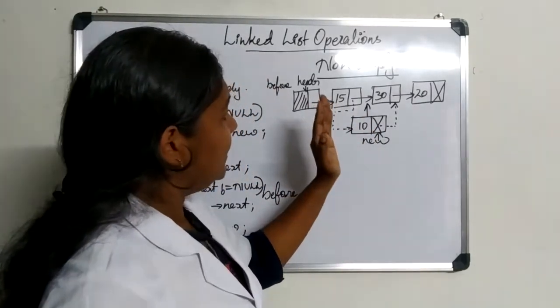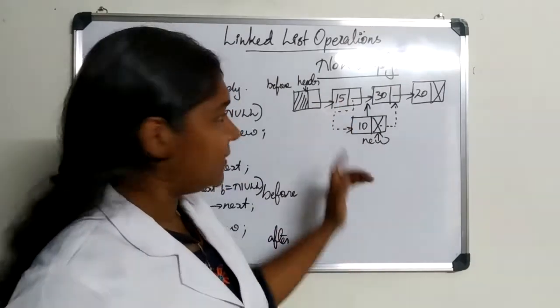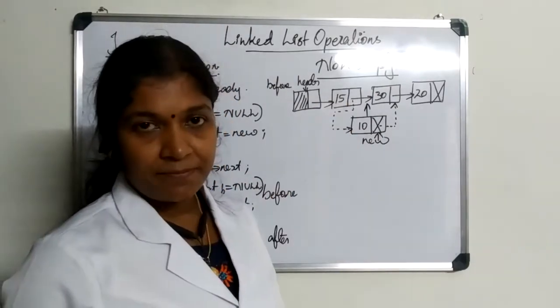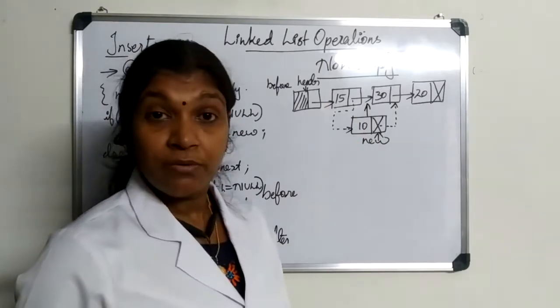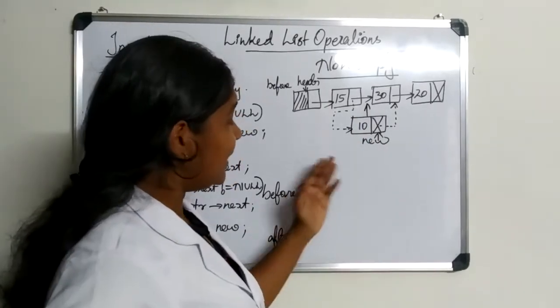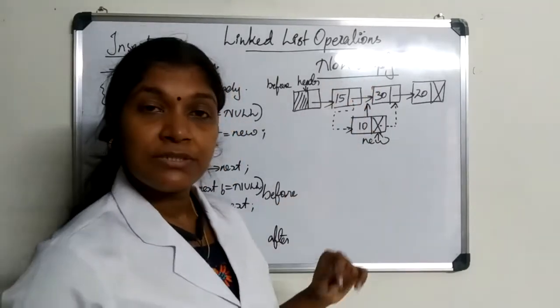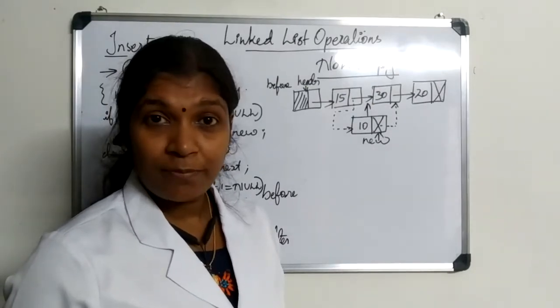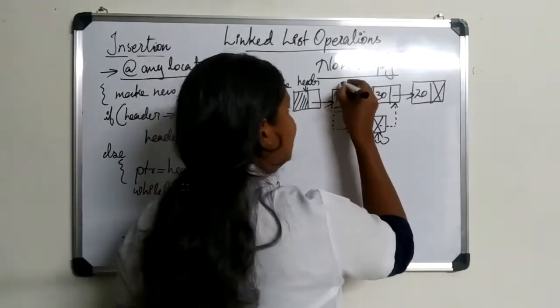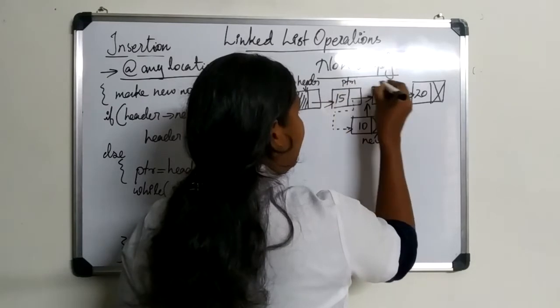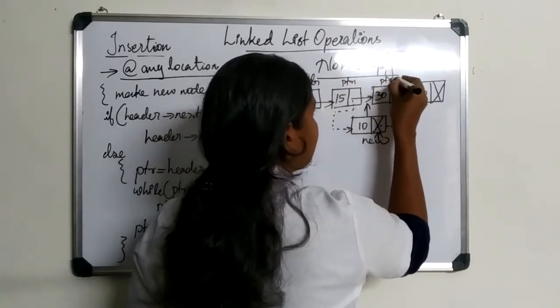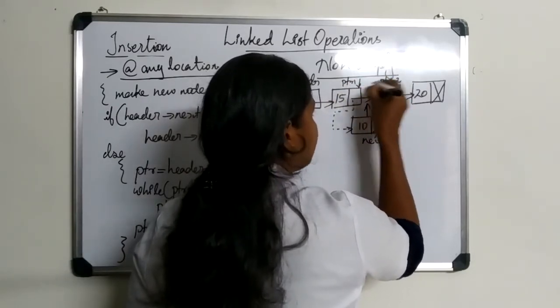And notice this diagram. Right now it doesn't have a name, and this node also doesn't have a name. What if we have a name for both these nodes? It would be very easy to perform the operation. Suppose I am providing two names, PTR1 and PTR2, to these nodes. Just imagine.